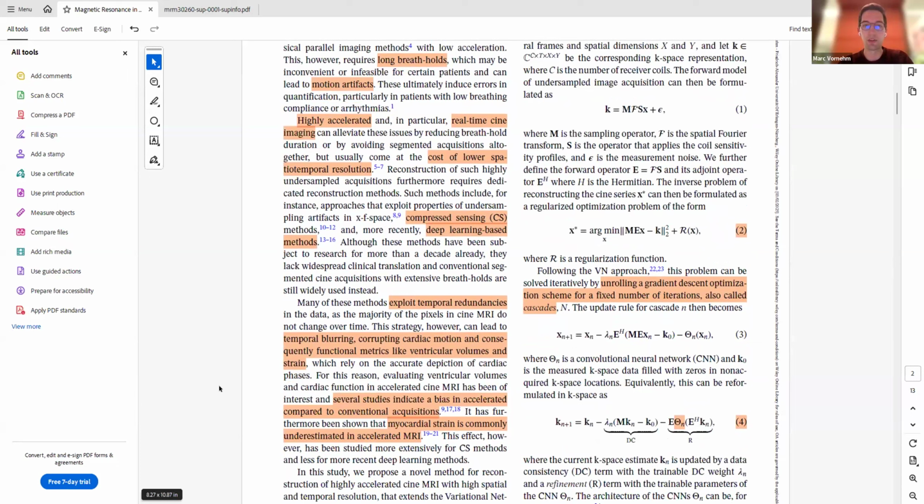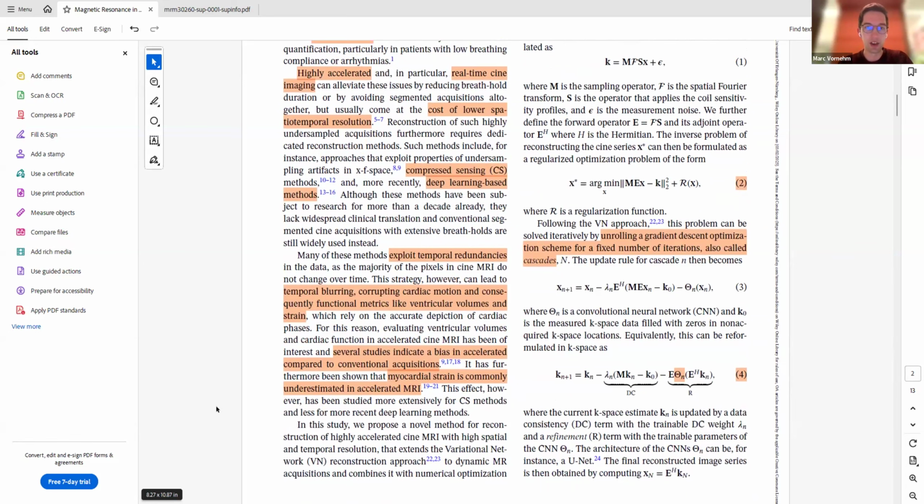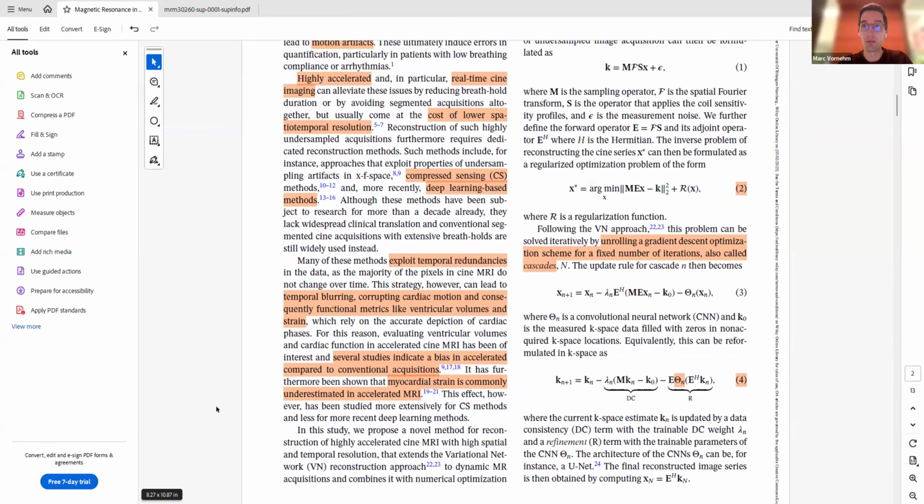And this has been shown by several studies that indicated biases in these metrics when you compute them on highly accelerated cines. So in our reconstruction method, we had this in mind the entire time and focused in the evaluation on evaluating these functional metrics to see how our method performs in this regime.